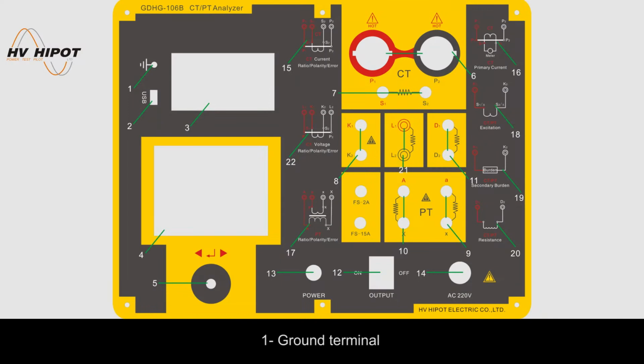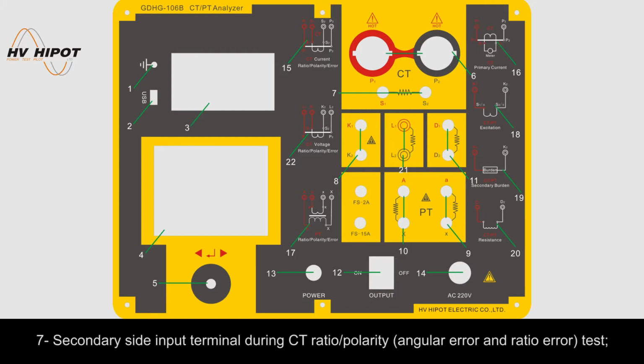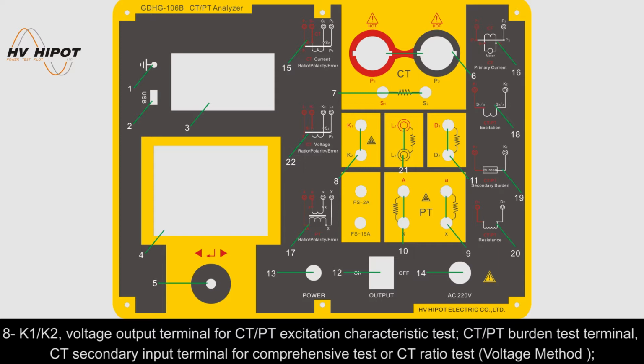1 ground terminal, 2 USB, 3 printer, 4 LCD screen, 5 controller, 6 current output terminal during CT ratio polarity test, 7 secondary side input terminal during CT ratio polarity, angular error and ratio error test, 8 K1, K2 voltage output terminal for CT/PT excitation characteristic test, CT/PT burden test terminal, CT secondary input terminal for comprehensive test or CT